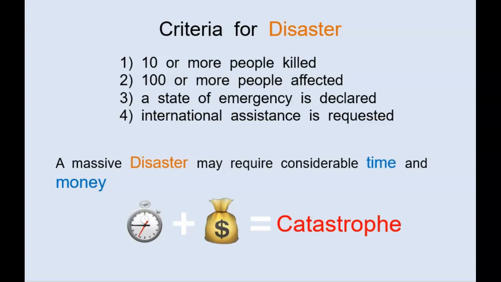So again, those are the four criteria, out of which at least one must happen before a natural hazard is classified as a disaster. And so natural disasters will typically require a considerable amount of time and money for remediation. And if the amount of time and money needed surpasses a certain quantity, then that disaster is considered a catastrophe. That quantity that it needs to surpass is kind of subjective, so it's a little bit arm wavy in that sense. But let's go with a few examples.